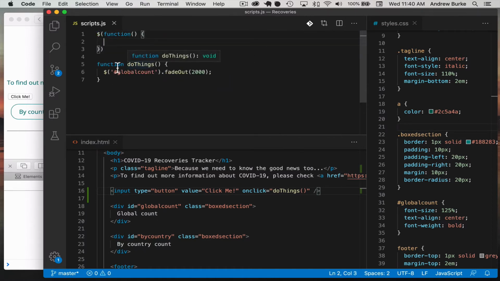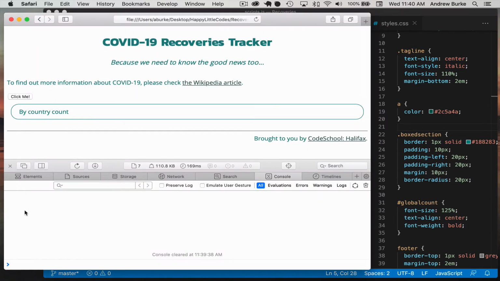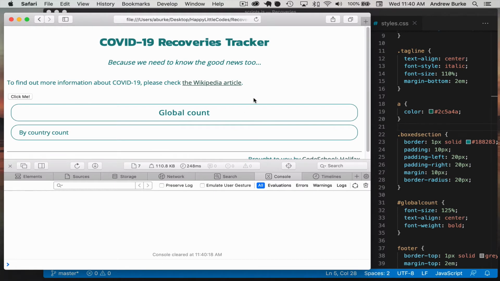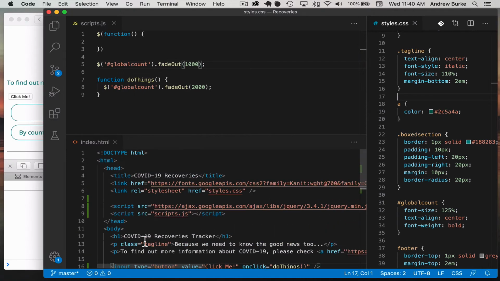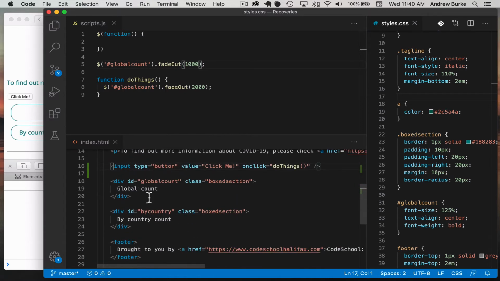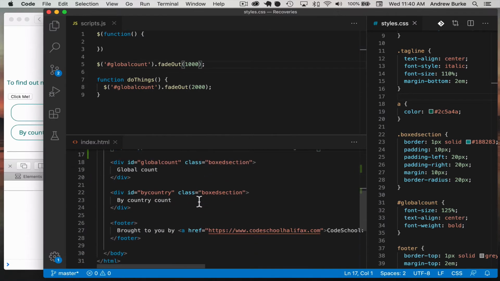Now, if we decide to try to make something show or hide, and we took this and just put it out here on the page, when we run our page, it doesn't actually make anything disappear. The reason for that is that because the script file is added here, it tries to run this script right at the beginning of the page before it's actually set up any of the content on the page. So it runs this, tries to do the fade out, but there's nothing to fade out yet